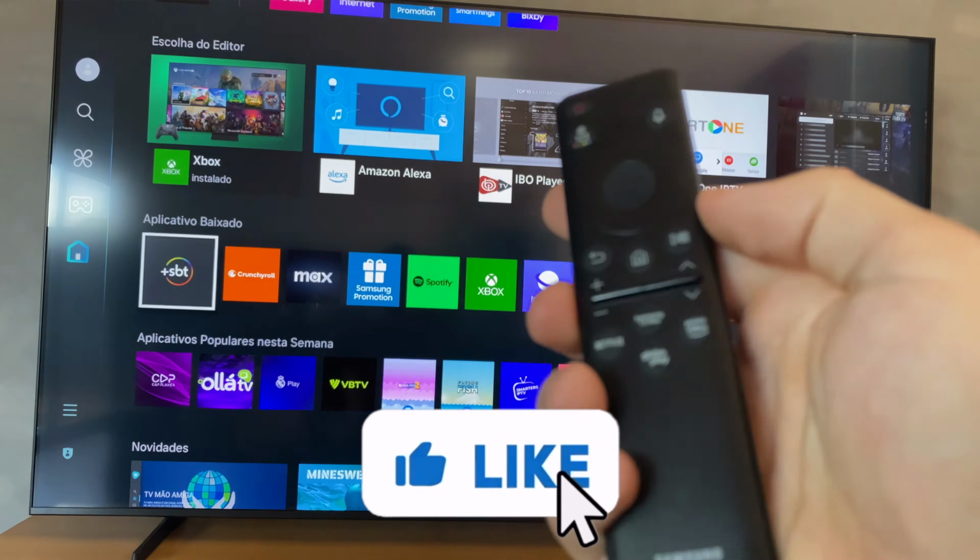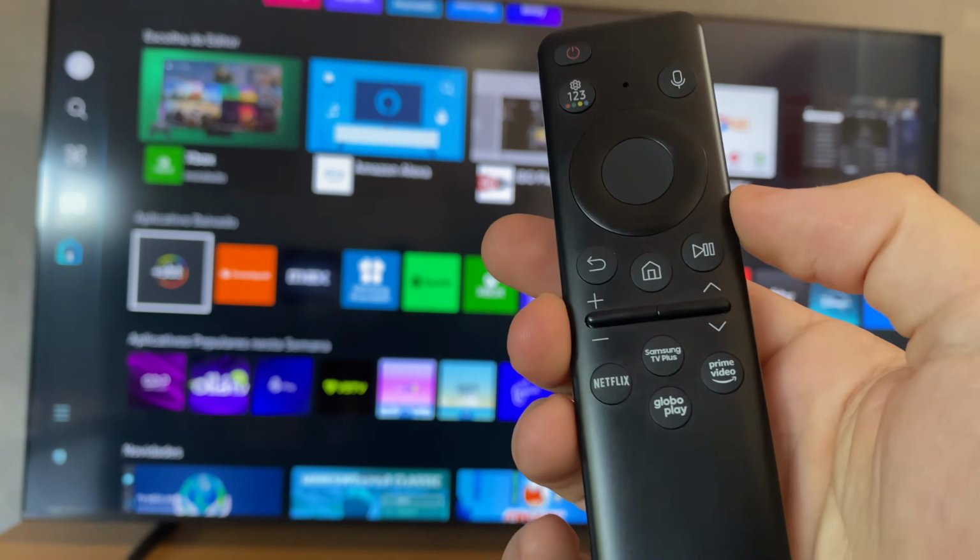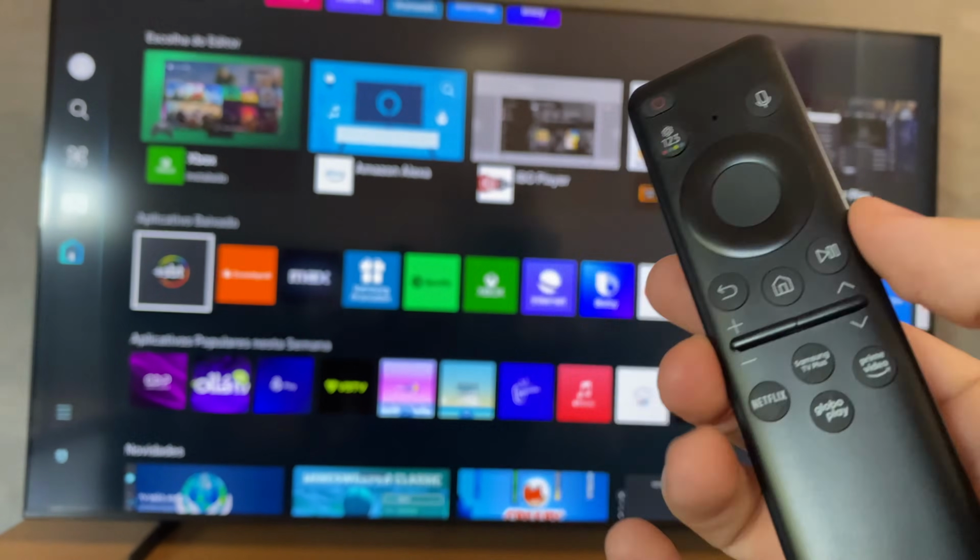Hello my dears, if your Samsung Smart TV isn't downloading any app, I'll show you how you can fix this